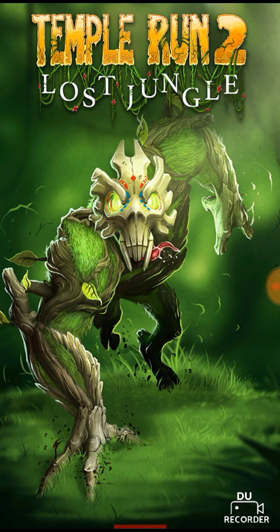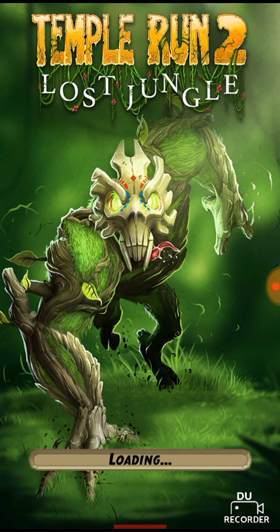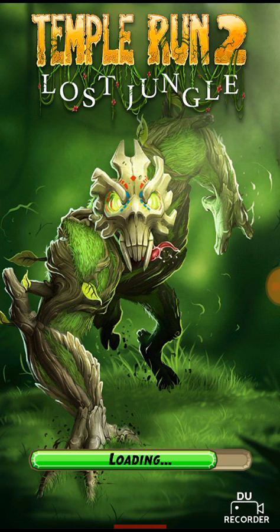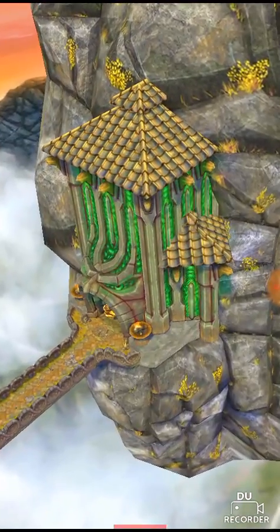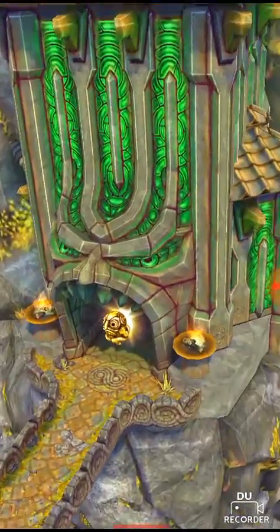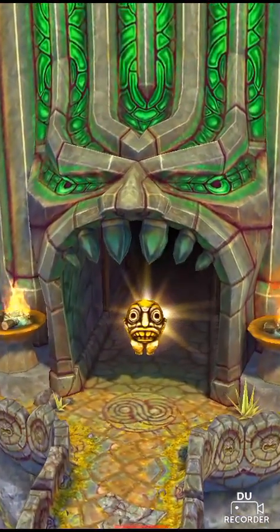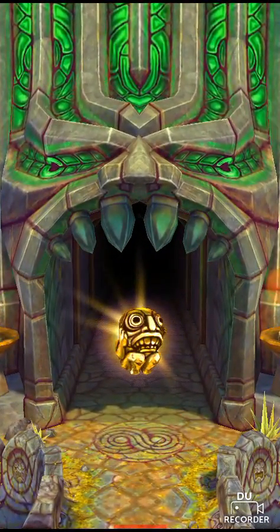I'm opening my Temple Run 2 for the first time after installing, so it may take some time. As you can see, my application is launched.